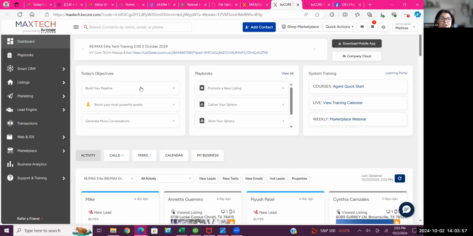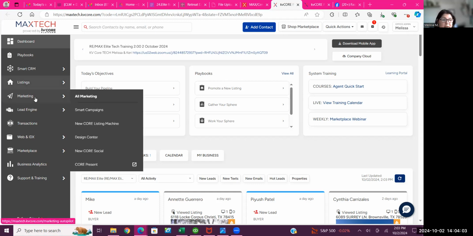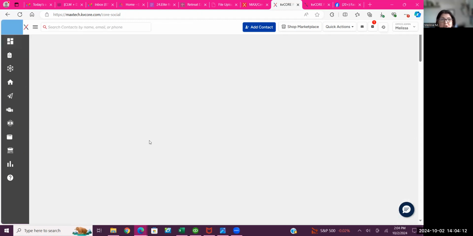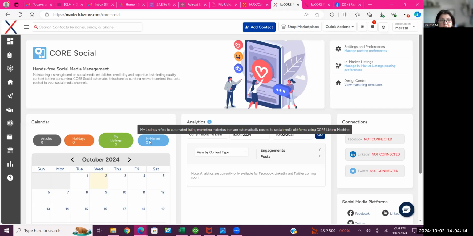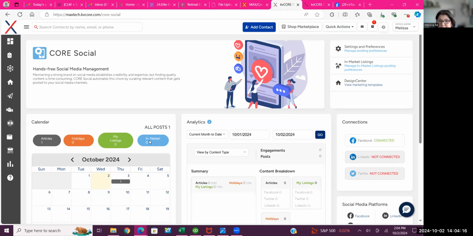So the first thing you're going to do, once you're on your KV Core profile, make sure that it's your name up here on the top right. You're going to go to marketing, and scroll down. It says new Core Social, and you're going to open that tab. Once you get here to the Core Social section,